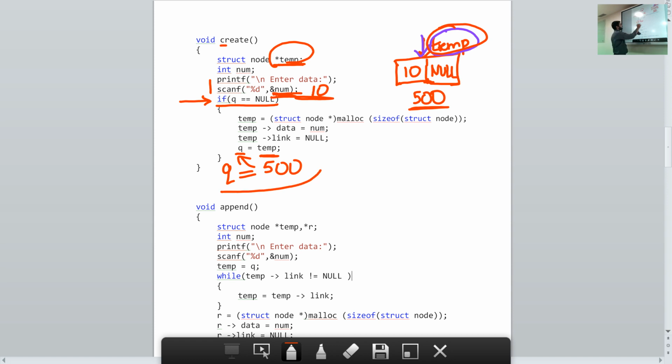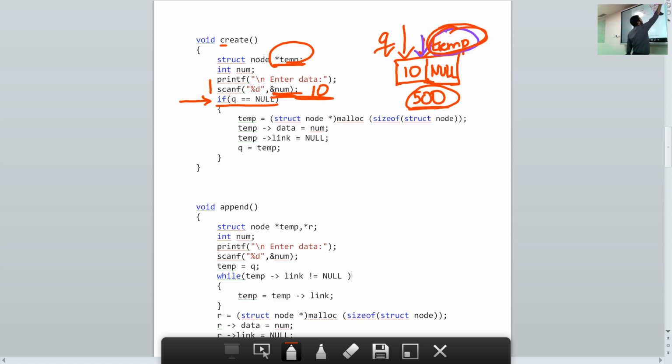So when q becomes equal to 500, in the diagram what will happen? Q will point to the node with the address 500. So q also will point to the node with the address 500. So before you exit the function, there are two pointers pointing to the node with the memory address 500: q and temp.